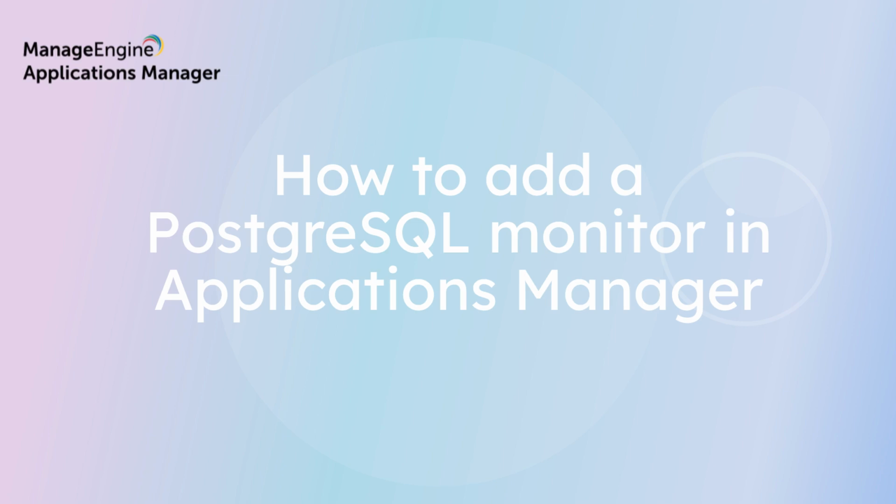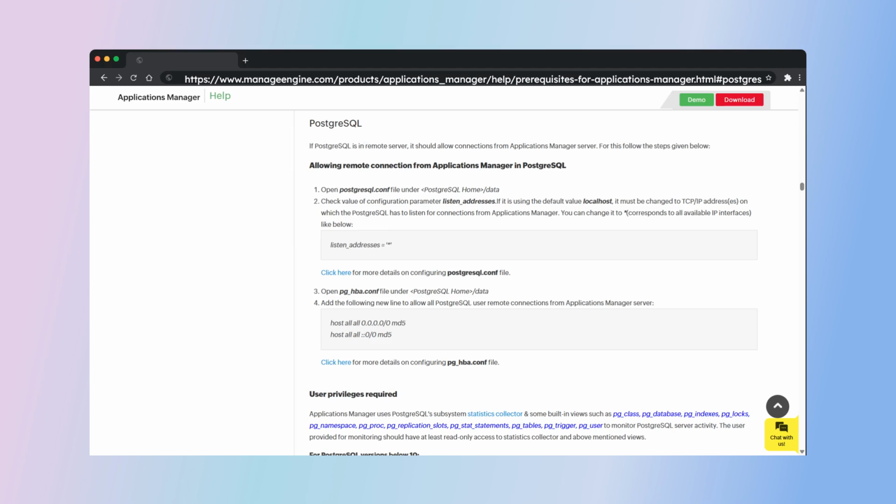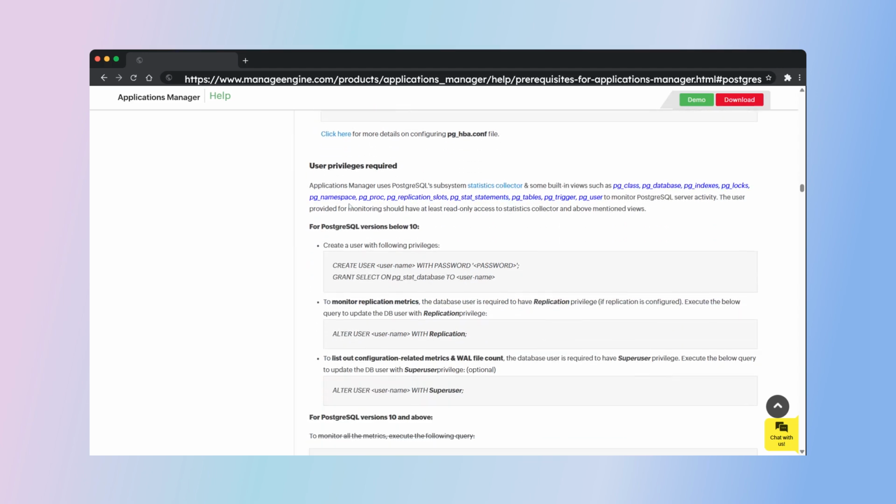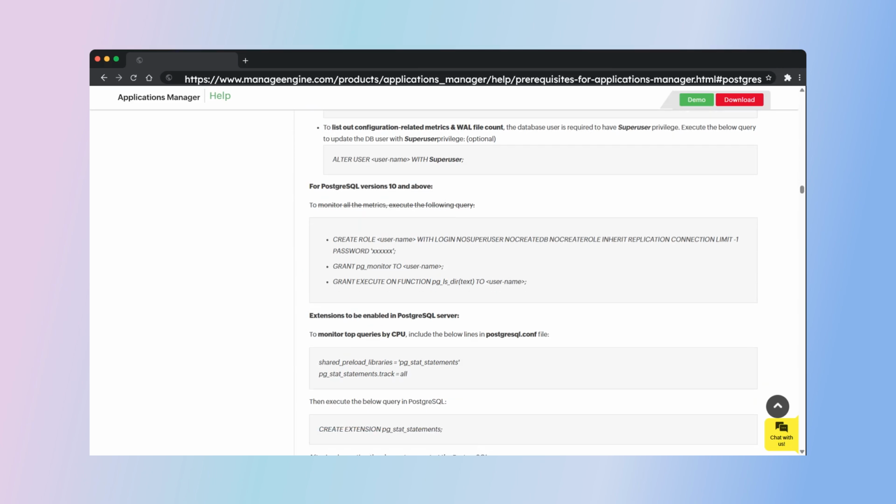This guide will show you how to set up a PostgreSQL monitor in Applications Manager. Before we begin setting up the PostgreSQL monitor in Applications Manager, it's important to make sure that a few prerequisites